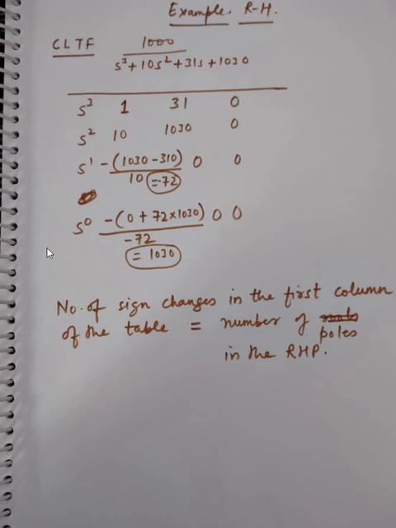Now the next step was, how do you interpret this table, right? So the interpretation of table is, जब ये सारे सेल्स आपने तैयार कर लिए, देन यू विल ओनली फोकस ऑन द फर्स्ट कॉलम, ये जो आपने सेल्स बनाए ना तो सारे टेबल, उसमें जो ये पहला कॉलम का मतलब ये नहीं है जो ये आपने लिखा है एस क्यूब वगैरह, ये नहीं, this column, the first column that you have found, right, only on that you have to focus. एंड उसमें जो आपने ऊपर से शुरू हो जाना है, तो और जो नंबर्स हैं उनके साइंस देखने हैं, राइट। तो साइन कैसे देखेंगे, ये पॉजिटिव है, ये पॉजिटिव है, फिर ये नेगेटिव हो गया, राइट।